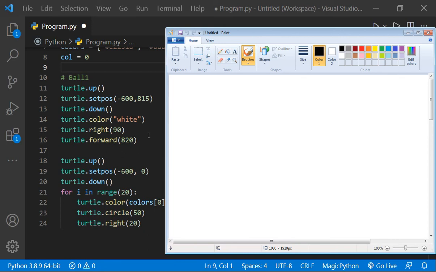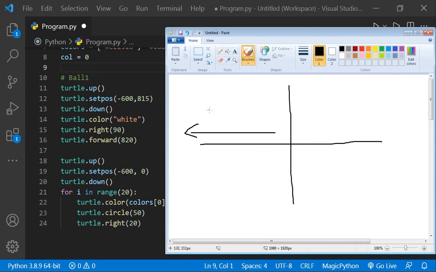Let me tell you how the x-axis and y-axis work. Suppose this is the x-axis and this is the y-axis. If we want to move in this direction, we will write the numbers in minus, suppose -100.